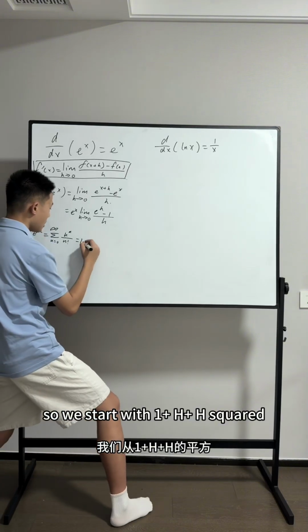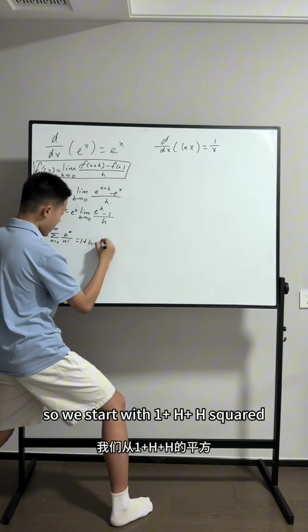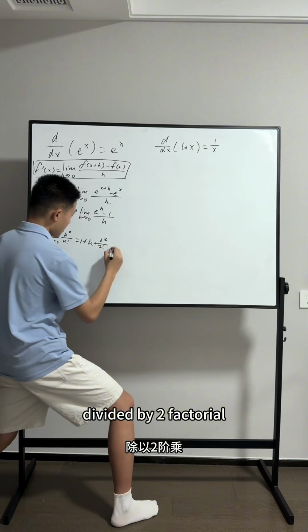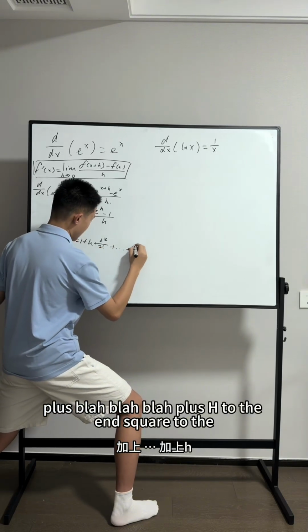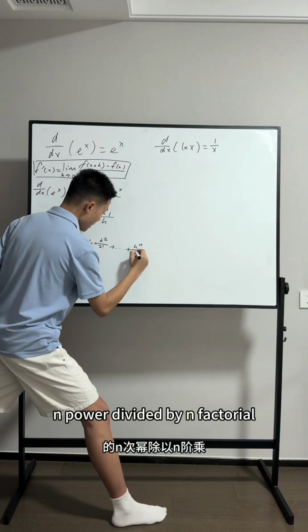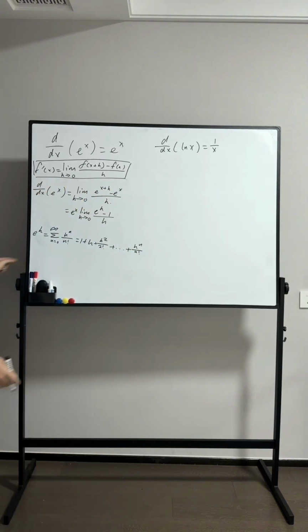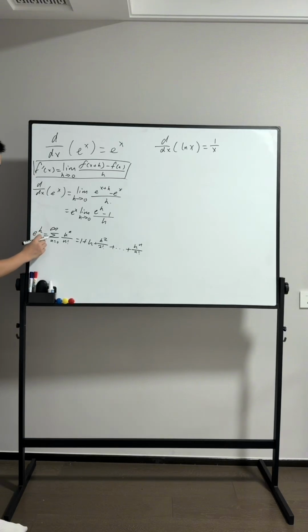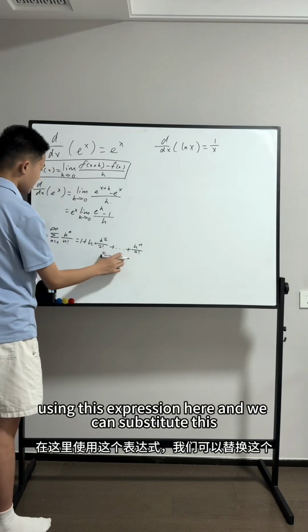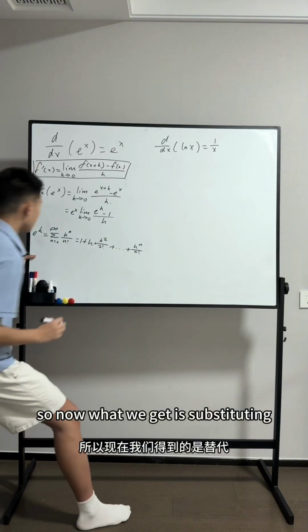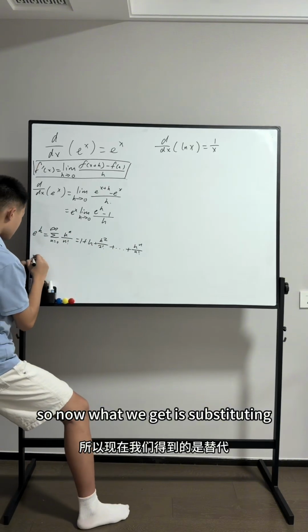which, let's list some of the values. So we start with 1 plus h plus h squared divided by 2 factorial plus blah blah blah plus h to the nth power divided by n factorial. So now basically we can just represent e to the h using this expression here, and we can substitute this into our expression. So now what we get is